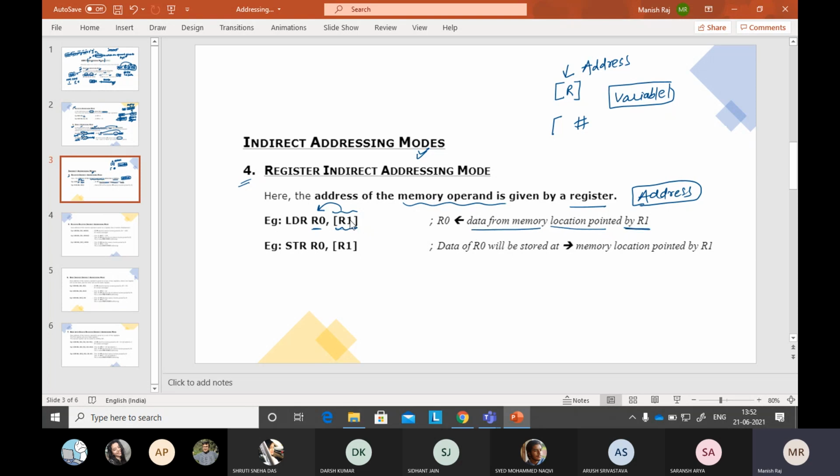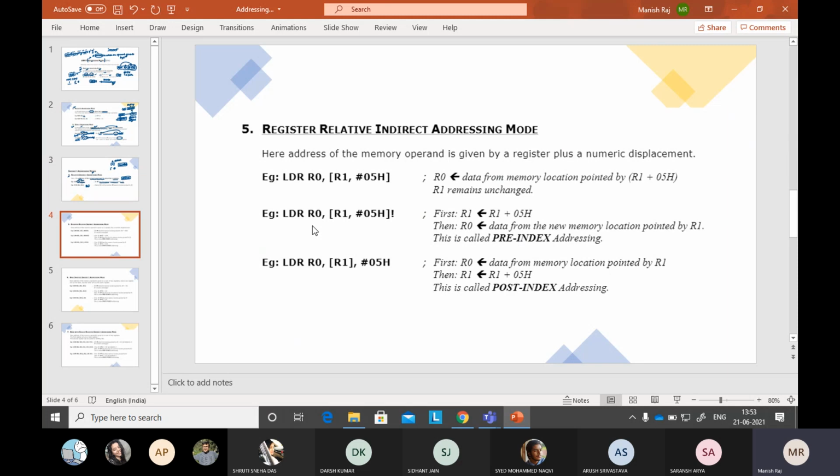अब यहाँ पे क्या है कि एड्रेस आपने केवल बता दिया और जो आपका डेटा है वो आपको पॉइंट करता रहेगा। तो ये आपको पॉइंटर की तरह यूज हो रहा है। अगर कोई चीज ब्रैकेट में है, that is the pointer, कि आपने पॉइंटर की तरह यूज कर लिया है and you are storing that pointer in this R. Is it okay? तो इनडायरेक्ट मोड में आपका क्या होगा, एड्रेस आप लोग बता दोगे। Okay, now this is the important thing, fifth, relative mode. यहाँ पे आपको ये समझने की कोशिश करना। So again, register relative indirect addressing mode. Just try to understand. Something is written like this: LDR means load, R0, that is, we have to store, sorry, load in R0.